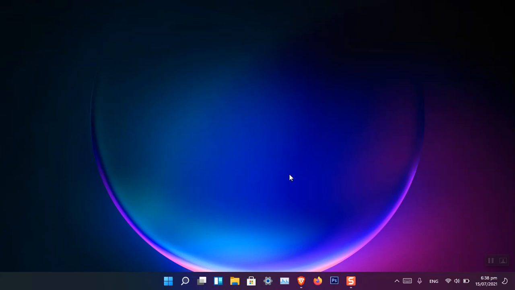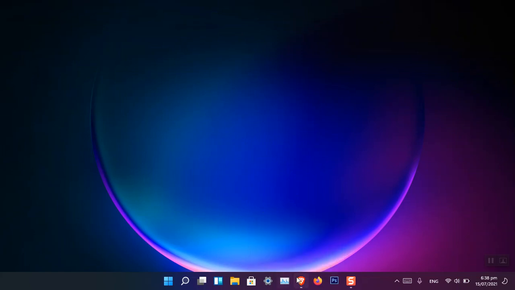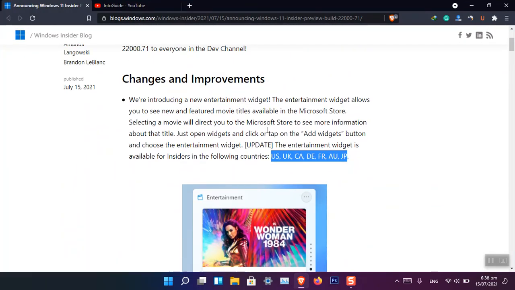The other thing is that when you hover your mouse on an open window, you will now see around the edges the same effect that is applied to the right click option. And there is also one more update, regarding the widgets, and unfortunately